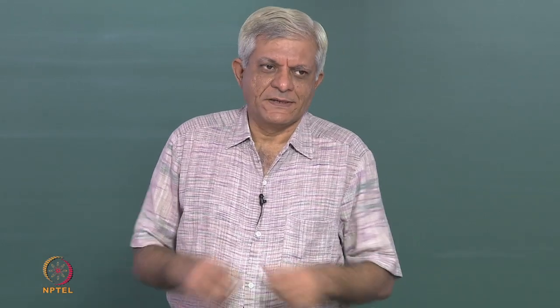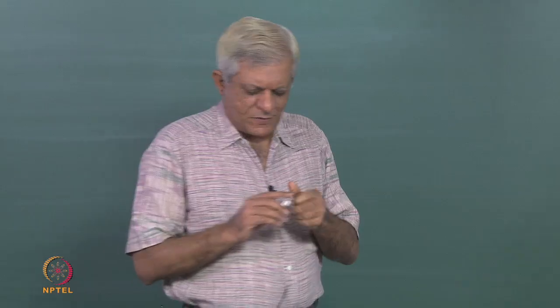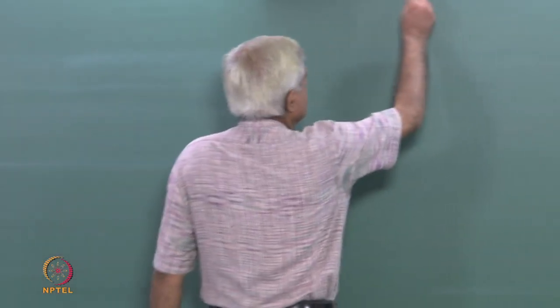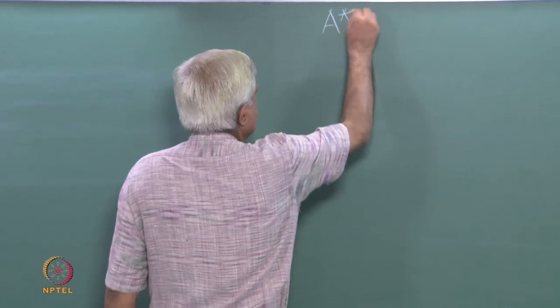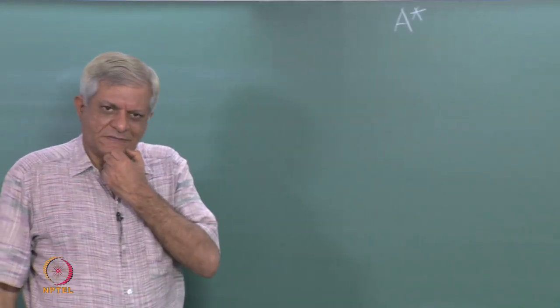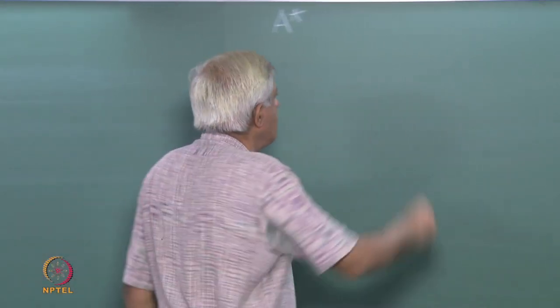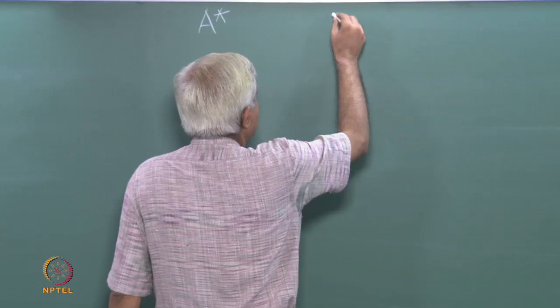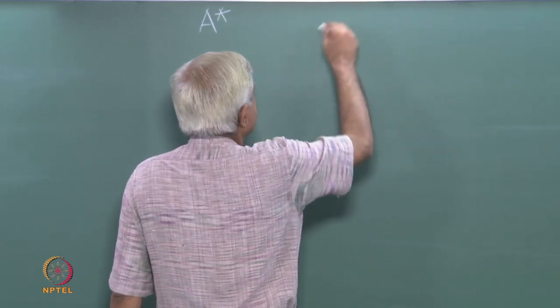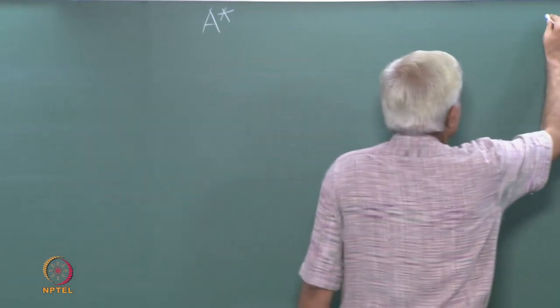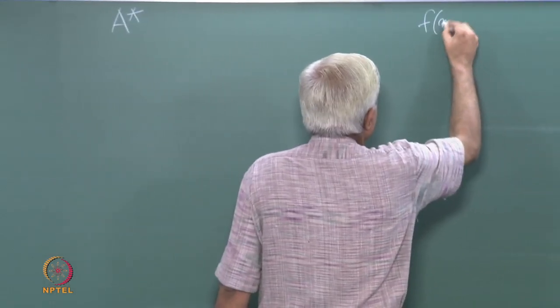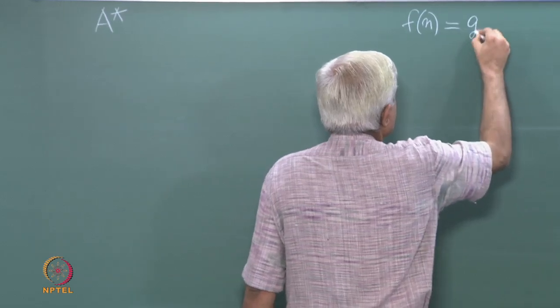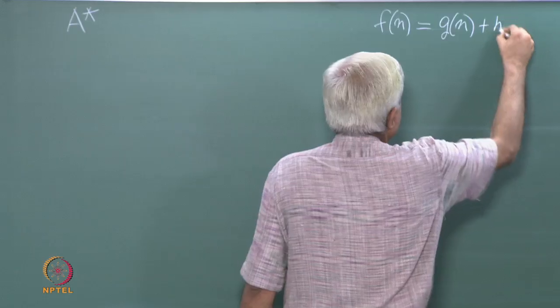Okay, so let us begin. We are looking at the A star algorithm, and if you remember, what A star does is that it uses a function f(n) is equal to g(n) plus h(n),